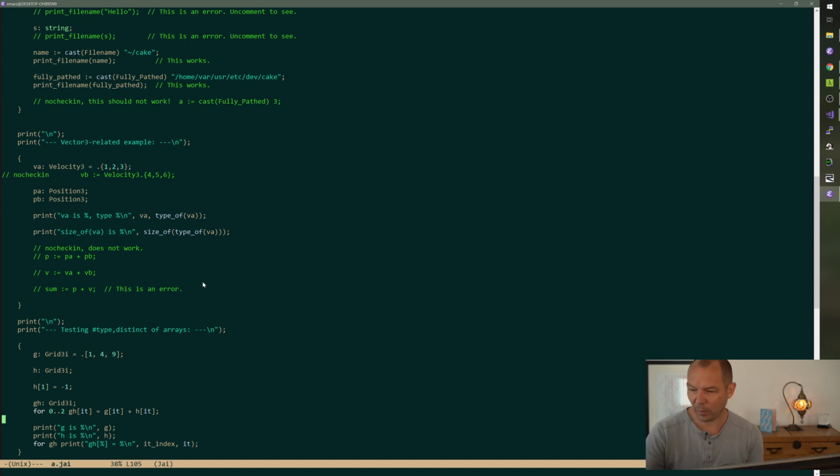RAII is not even for management of resources. It is mostly for exception safety. Well, okay. A lot of exception safety is reclaiming so-called resources. I mean, the other part of it is making sure that code runs on unwind. And I guess there's sometimes when that is not resource management, but it's something else. But it's usually at the bottom. It's resource management.